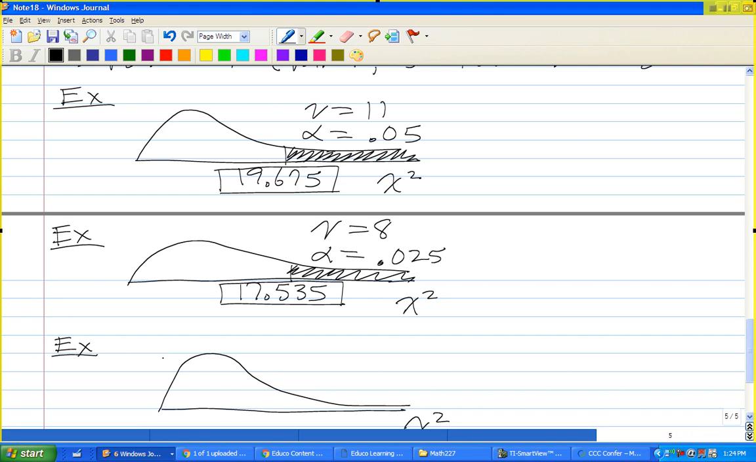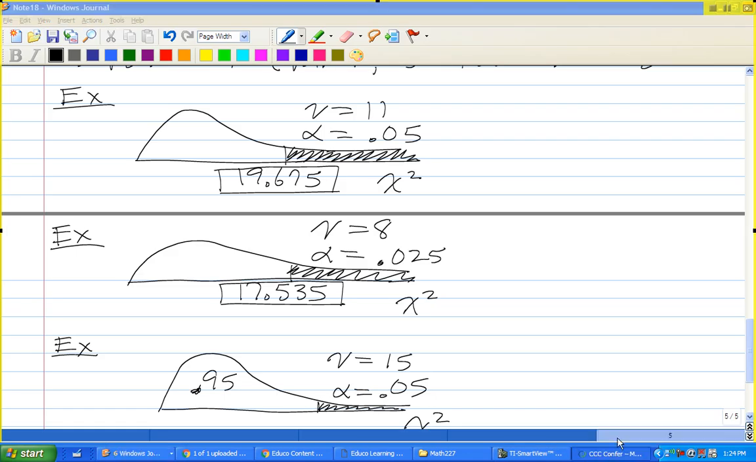Okay, so let's see. Given that the degree of freedom is 15 and the area of the left tail is 0.95, so the area of this is 0.95,